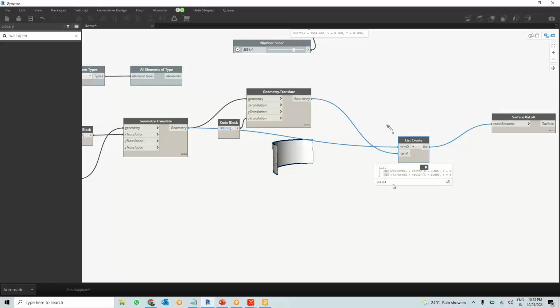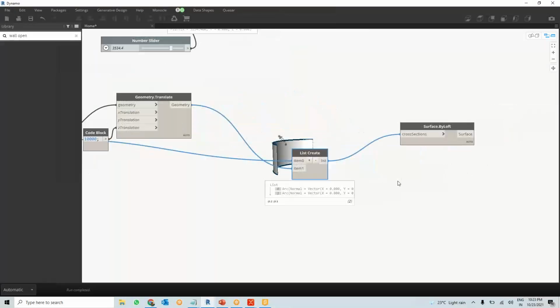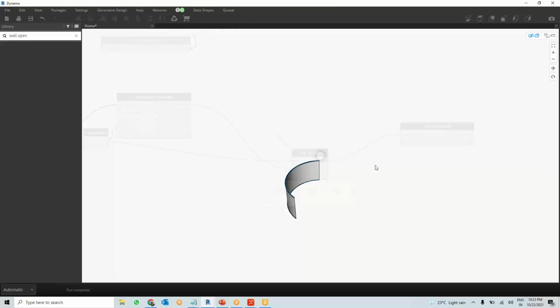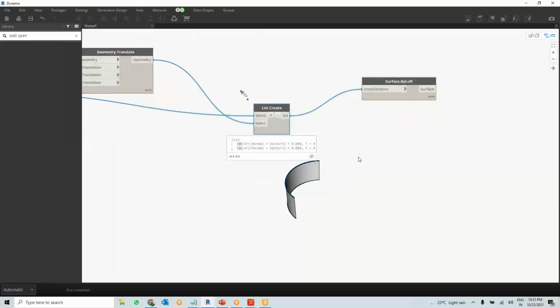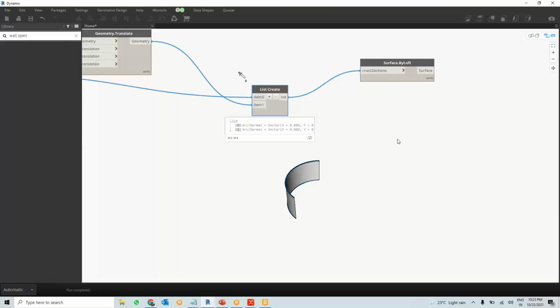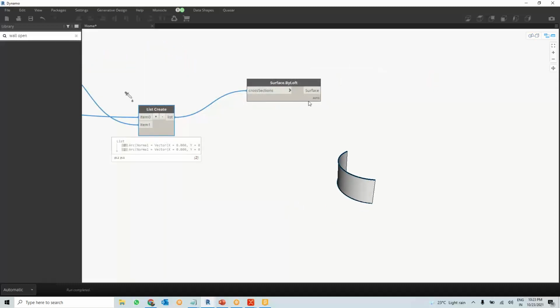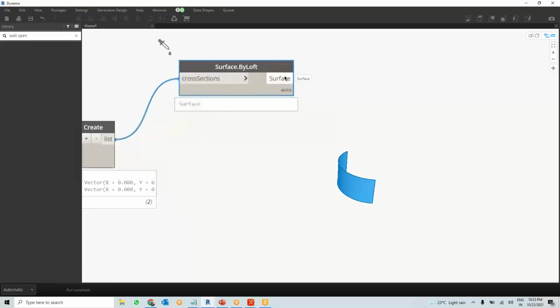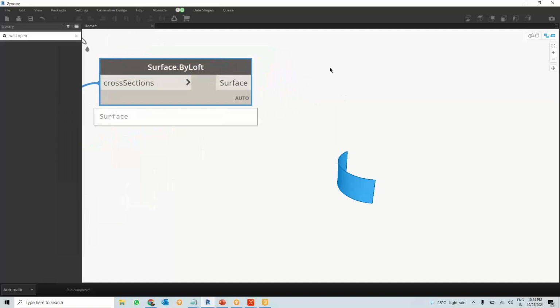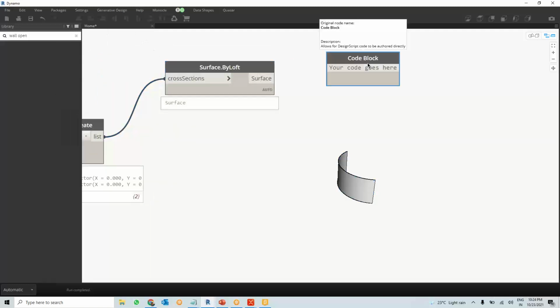Okay, well, I have a surface now. If I want to convert this surface into the facade or into the solid shape, where I can do multiple actions within this. If I want to play with this, having a surface now, it's a building. Now I want to use this as a facade. So this cross section I want to use